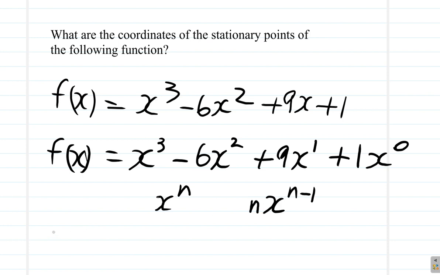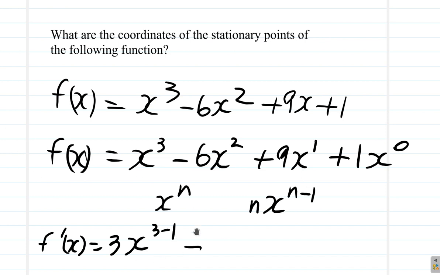So, you say f prime x, the derivative is going to multiply by 3 and then reduce 3 by 1 to get a new power. So this will be 3x raised to the power of 3 minus 1